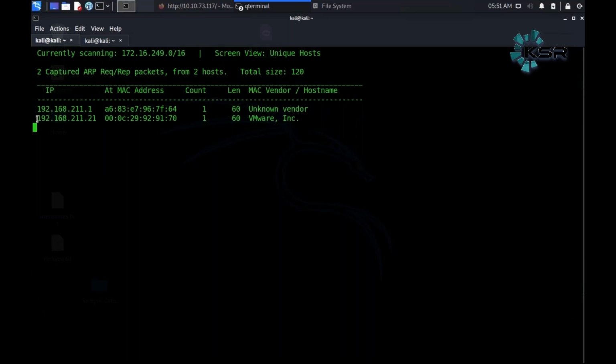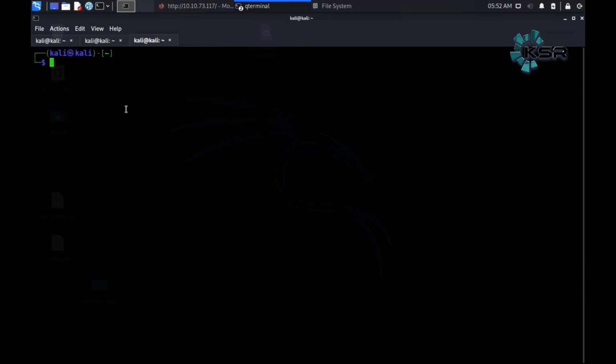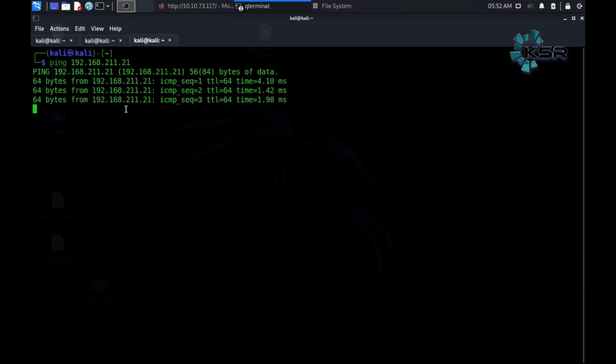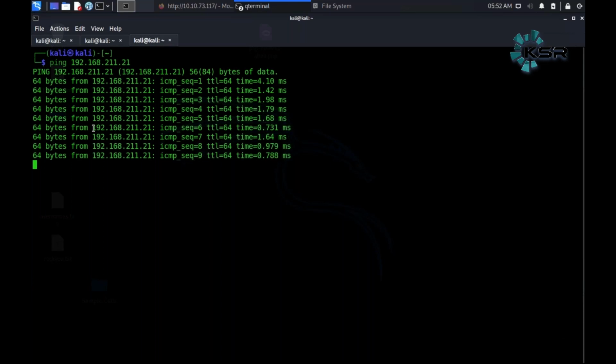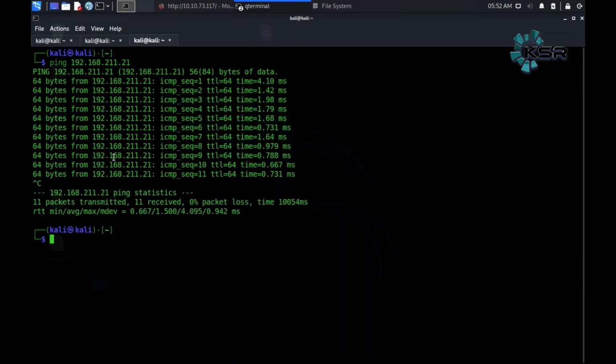Let's try to find out what is there on this particular IP. The first thing that I'm going to do here is ping it and see if it responds back to me or not. And what do I get here? I get the results as positive. So this machine replies back to me when I pinged it. Now, what am I interested in? I am interested in finding out what is there on this IP. Is it running something? What am I actually trying to accomplish here? I'm trying to find out the open ports on this machine.